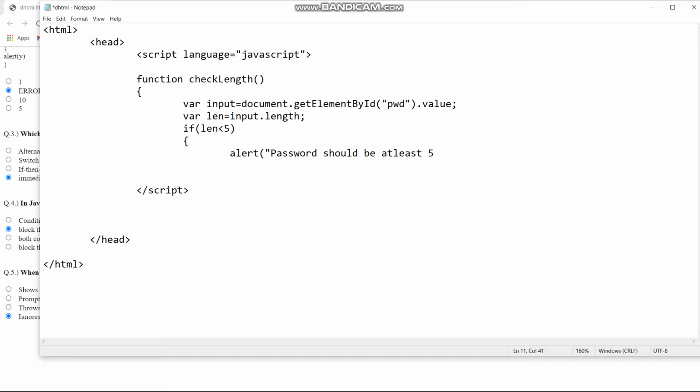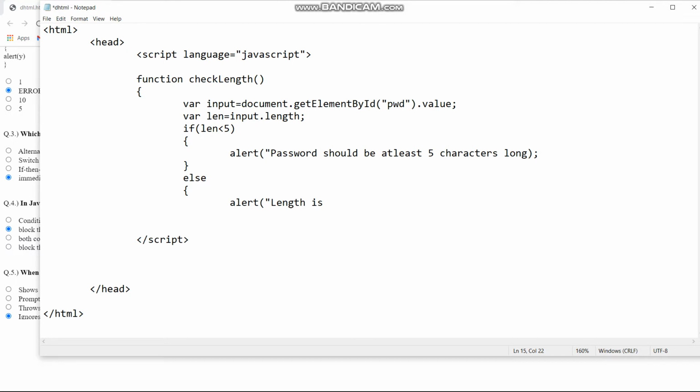So this is what the alert message will be if you are not using the correct length password. And then else, so else is a simple alert. Inside you can write anything, like length is right, or length matches. Now curly braces close.